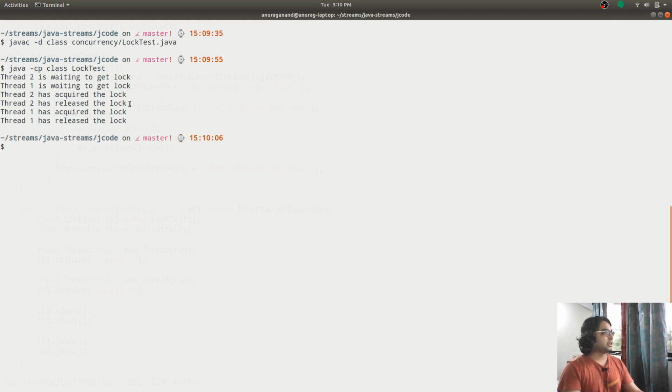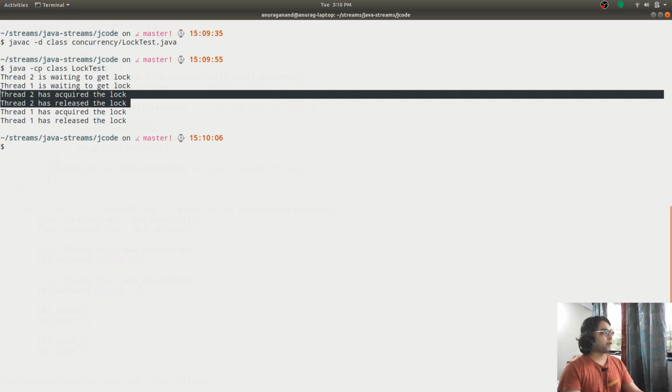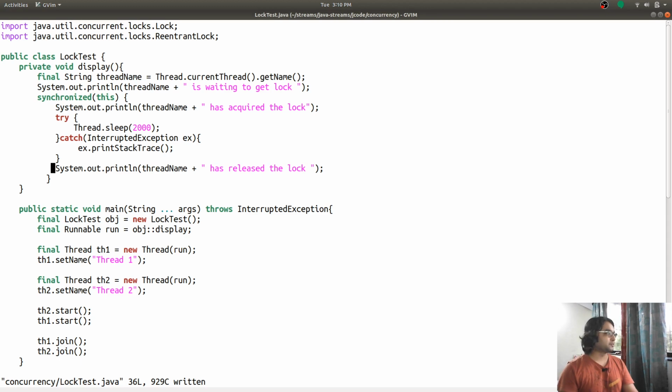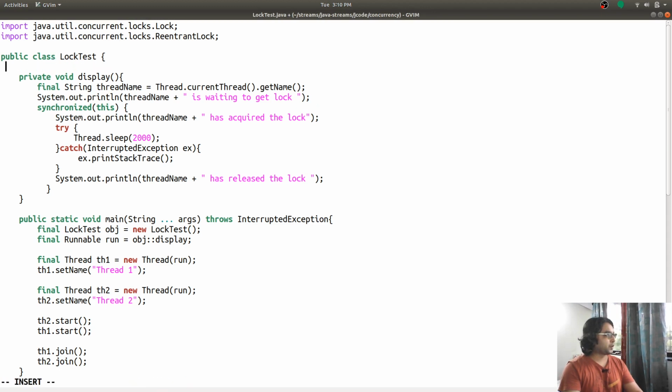Now you see that the acquired and released messages are coming in sequence. Earlier it was not so because we didn't synchronize those print statements. After that, I'm going to move to using the Lock class to lock and unlock, so they are going to perform the same function.